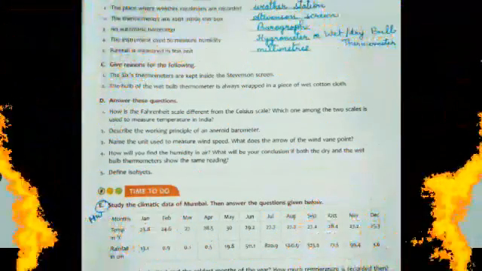Okay. So children, here you have to read the clues and write the names. So first one, the place where the weather conditions are recorded. What it is called? It is weather station. Second one, the thermometers are kept inside this box. So what is that box called? This is the Stevenson screen. Okay, this you all know because in the Zoom class also we discussed, isn't it? Yeah. Third one, an automatic barometer. It is barograph. Fourth one, the instrument used to measure humidity. It is hygrometer or wet and dry bulb thermometer. Okay. Fifth one, rainfall is measured in this unit. Rainfall is measured in millimeters.